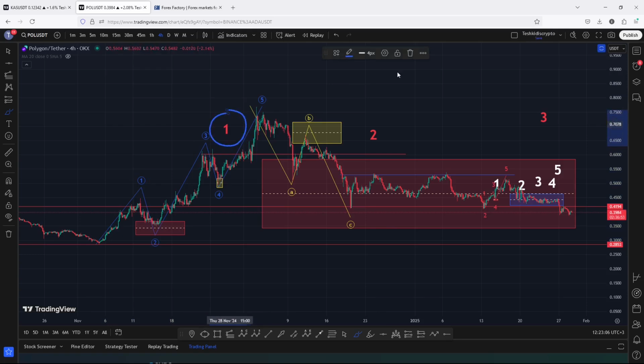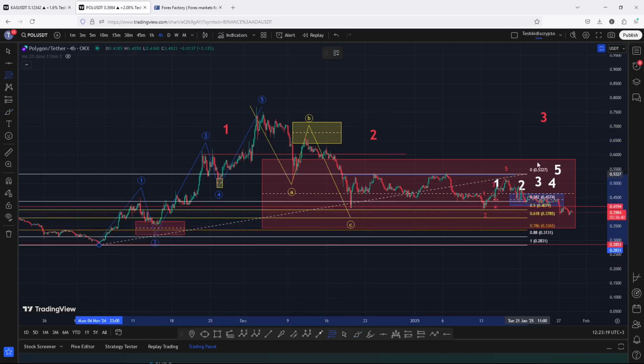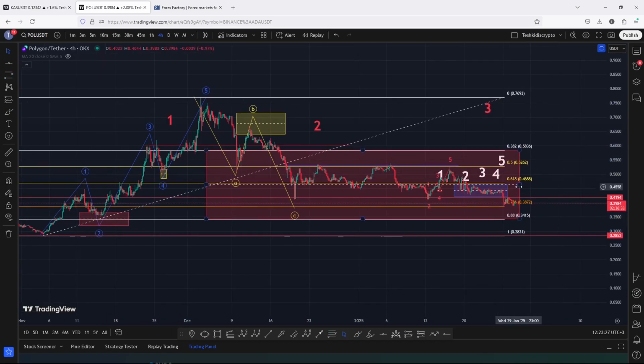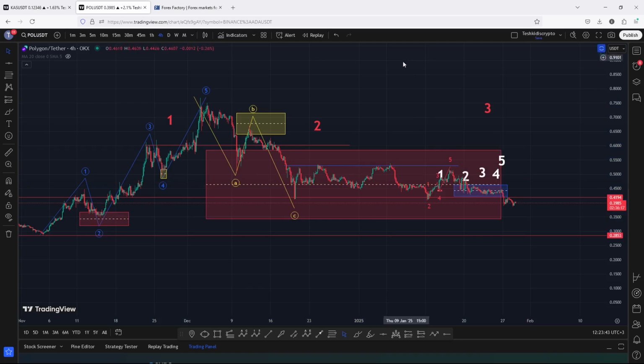And having peaked in the formation of that first wave, I was expecting a bit of a breakdown move in the formation of this wave 2, whose minimum target areas I came up with by connecting the fibs from the low of the first wave to the high of this wave 1. And on so doing, you can see that my minimum pullback target area for the second wave lies between the fib level 0.382 and the fib level 0.88, and that is between the 0.5836 and the 0.3415, and that is an area that we have now almost fully maximized,